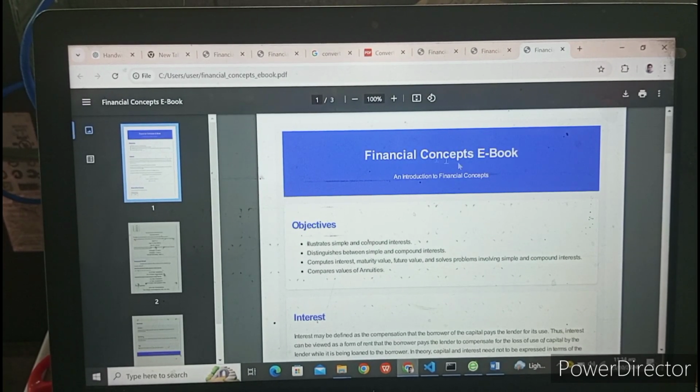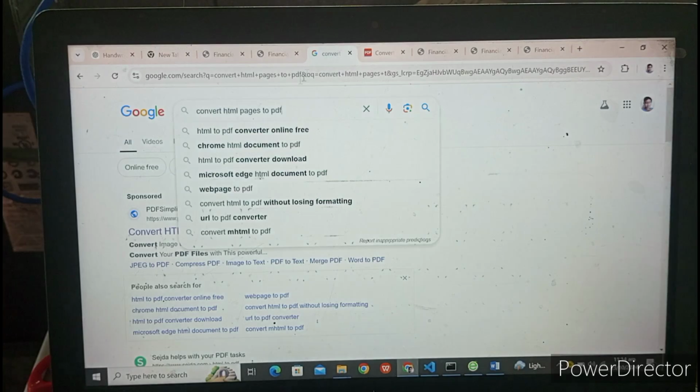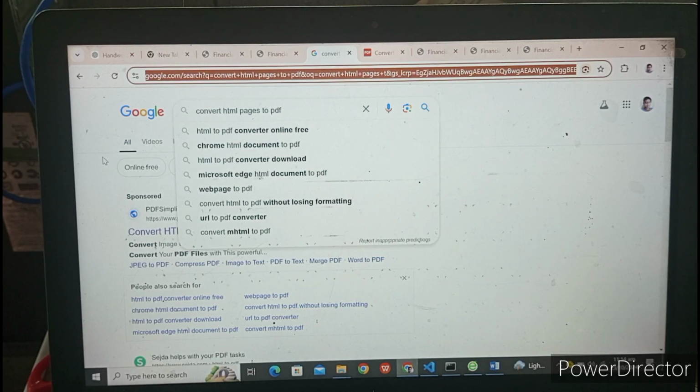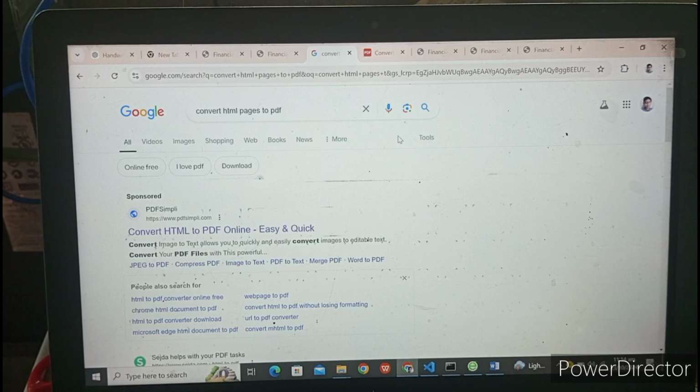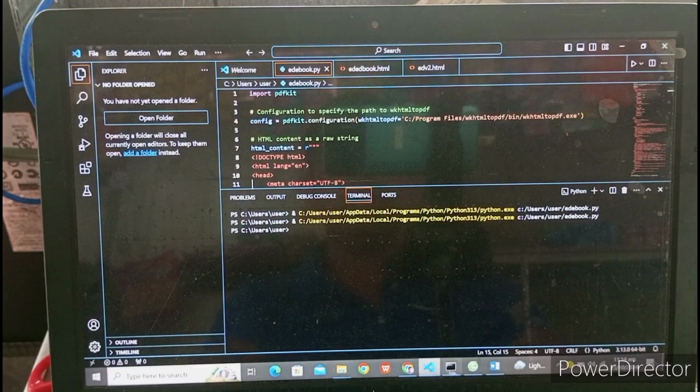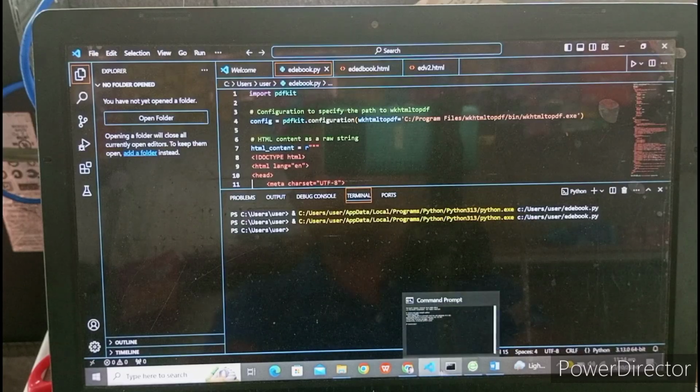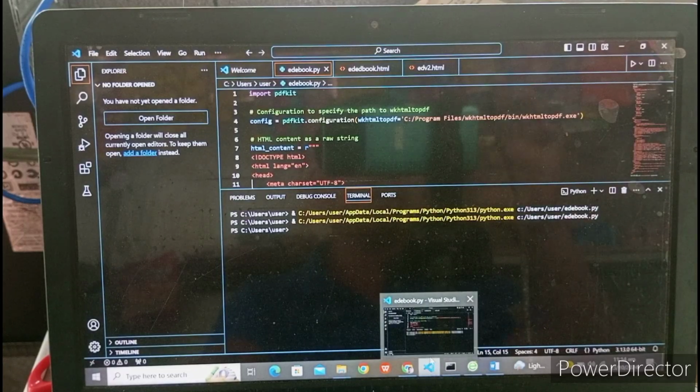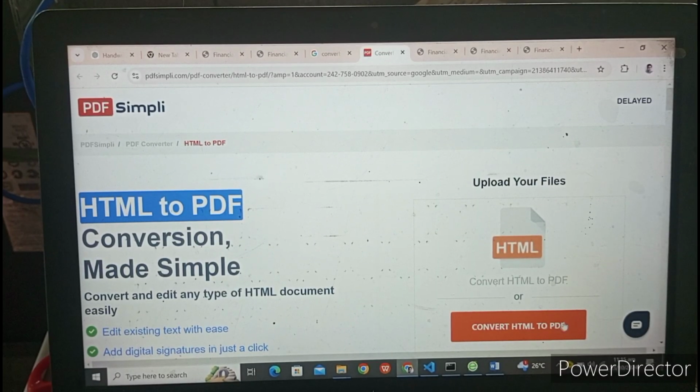Because if I can grab, for example, the URL of this page, I can convert it to the PDF that I want. Although there are online solutions, I think some of them are paid. But if I continue to develop this program, I think I can make it work 100%. We will also try this